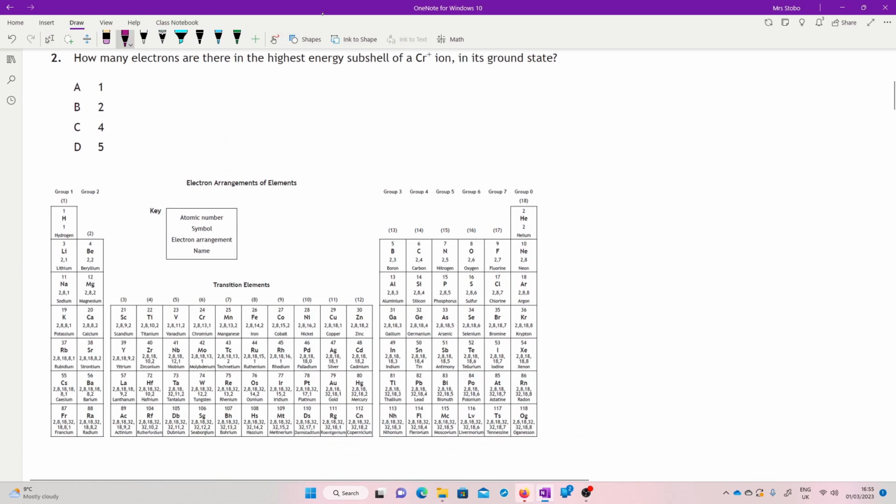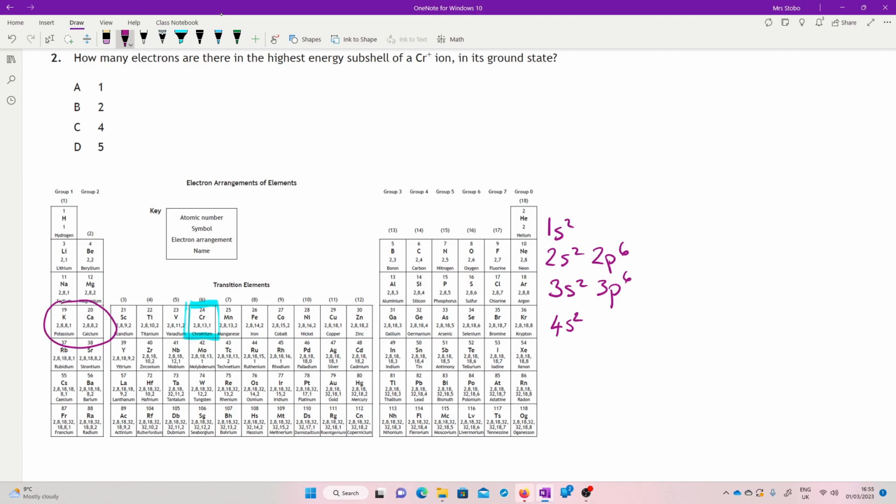Question 2. How many electrons are there in the highest energy subshell of a Cr+ ion in its ground state? And then I've pulled the databook page for this one. Okay, so I am looking for, here's my chromium. Okay, I want a chromium plus. This is the sneaky one though, so just be very careful. Okay, so we've got 1s2 filled up, and then we've got 2s2 and 2p6 all nicely filled. We've got 3s2, 3p6, everything's kind of going nicely up until then, and then we've got our kind of slightly strange thing. Okay, so 4s2 is our normal filling here,